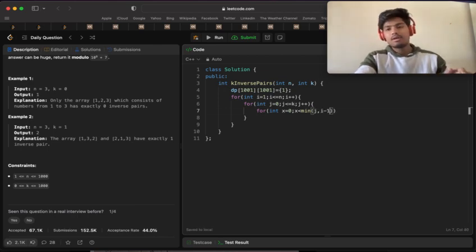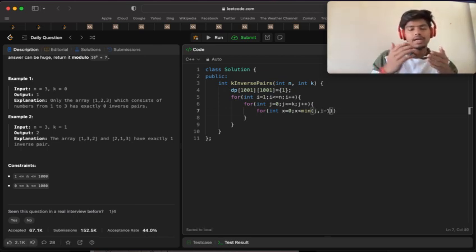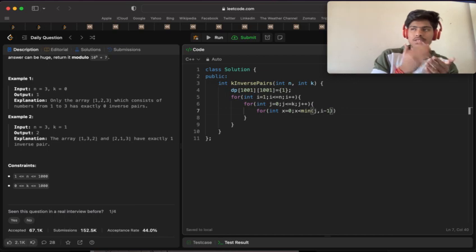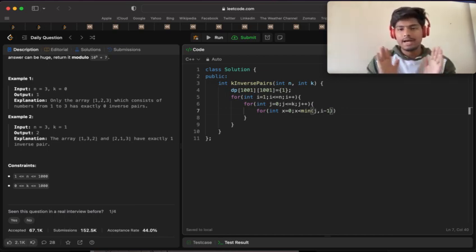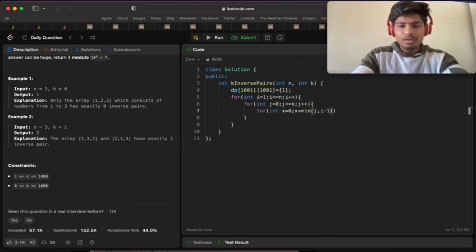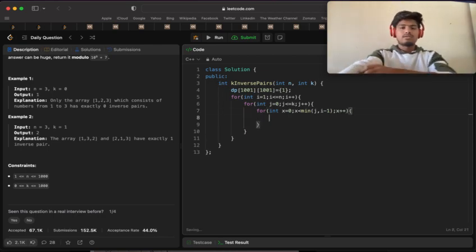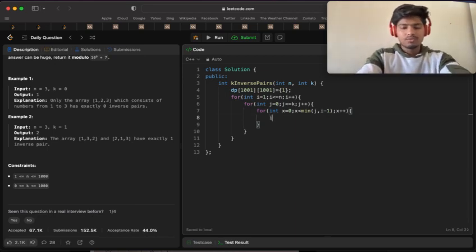Why am I using minimum? Because if k will go less than 0, then it will not be beneficial. So k can go from 0 to k, and k minus k equals to 0 will be our last. Minimum of j comma i minus 1, then x plus plus. So these three are my loops. So I will check if j minus x is greater than equals to 0,